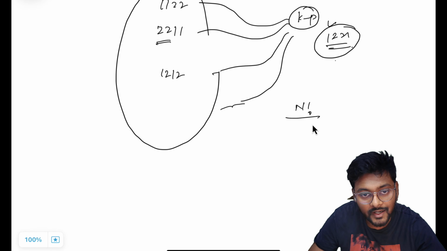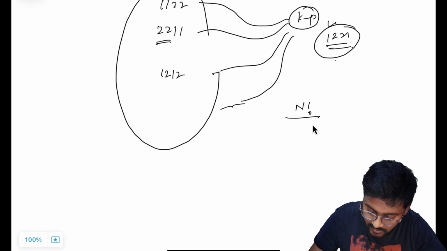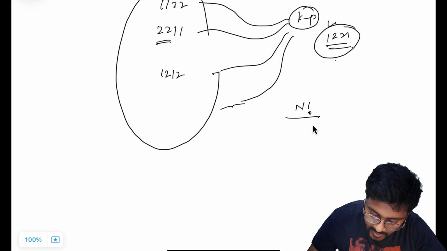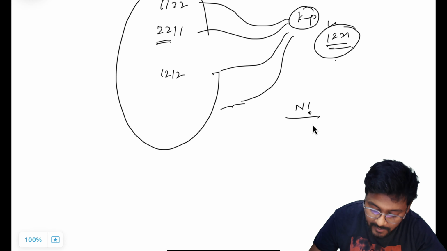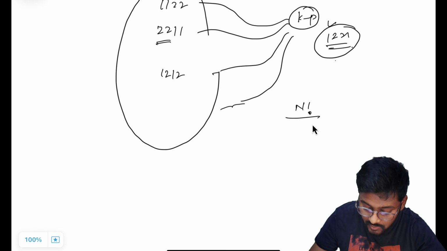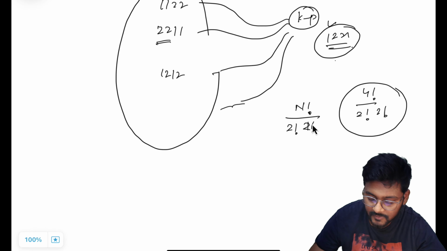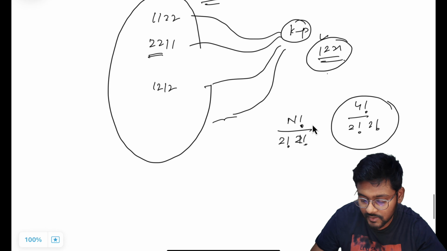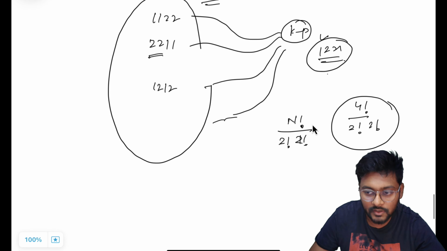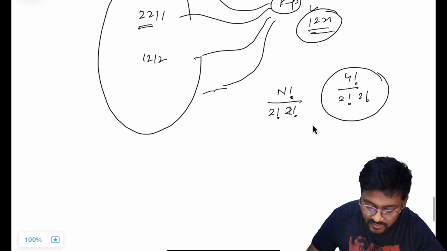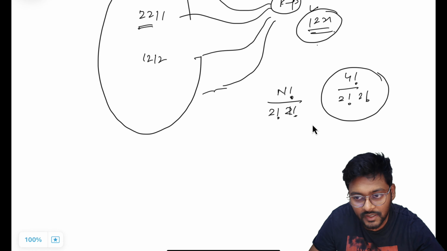permutations are there. These are like shuffling arrangements. So permutations mean n factorial, these are 4 digits so n is 4, divided by the number of digits which are repeating. So 2 is coming 2 times, 2 factorial, 1 is coming 2 times, so that is 2 factorial, and n is 4. So 4 factorial divided by 2 factorial divided by 2 factorial will be the number of digits that can lead to this K palindromic. These are the number of digits which can lead to this K palindromic,